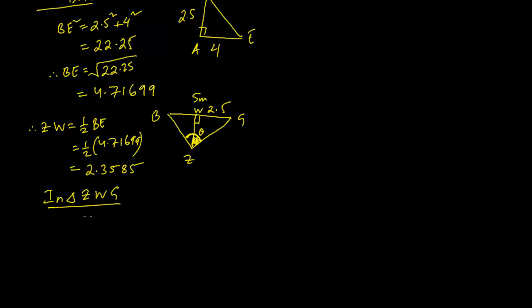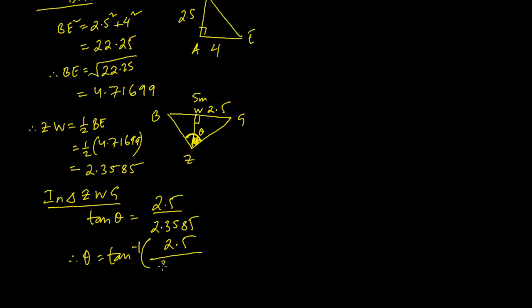So here we can write tan theta is opposite, which is 2.5, divided by adjacent WZ, which is 2.3585. Therefore, theta is going to be tan inverse of 2.5 divided by 2.3585, and that makes it